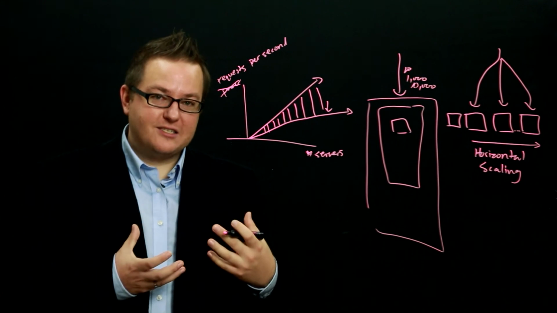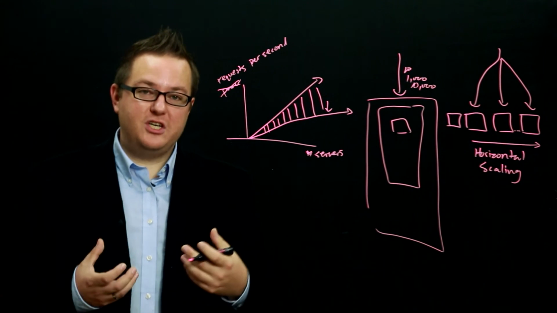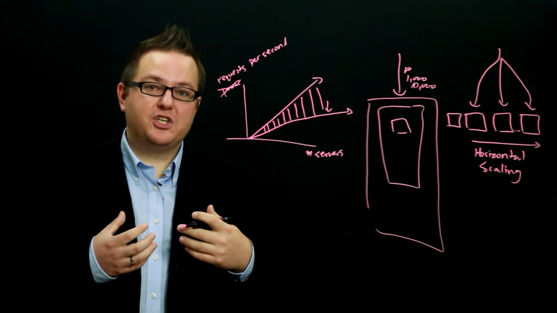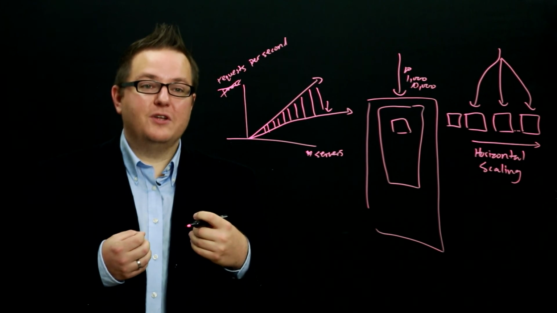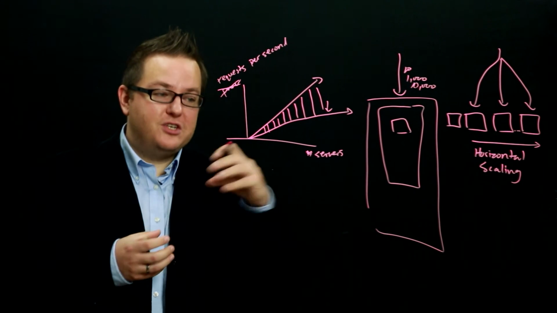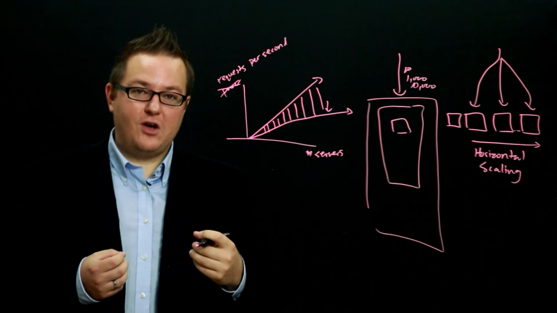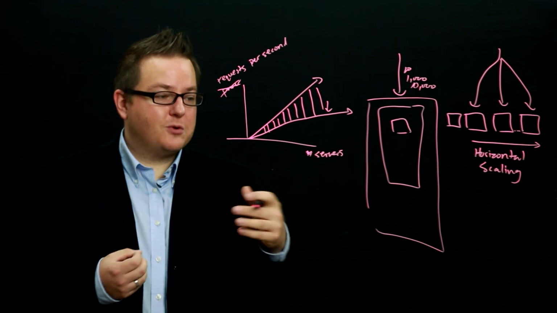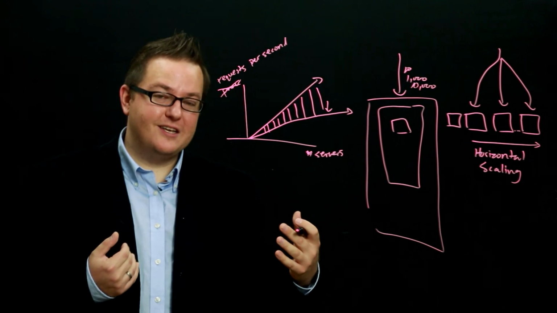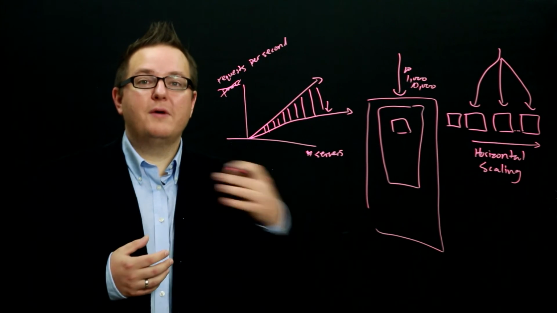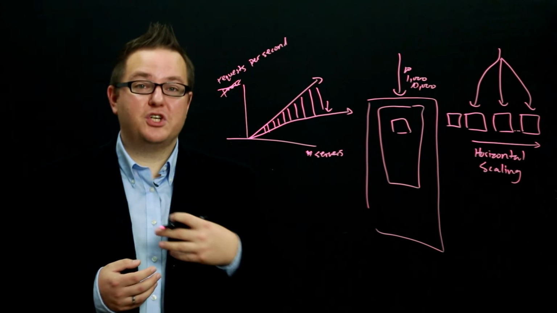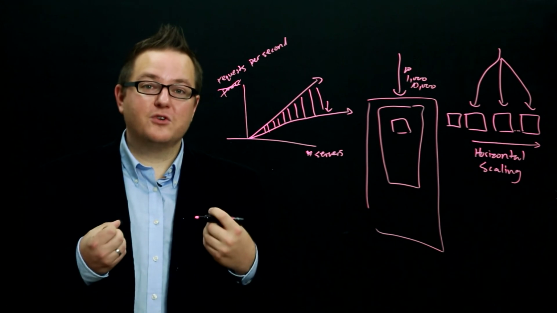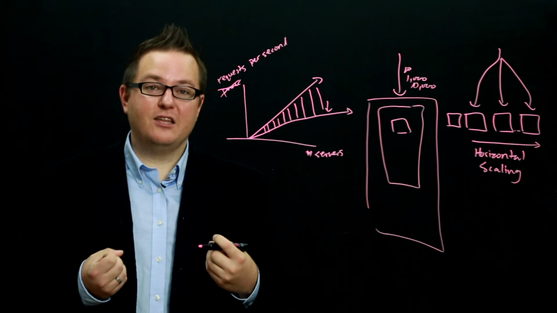So statelessness is a property that we try to achieve in our application. We try to have as much of the state as possible not stored in our application so that we can just turn new machines on. But that's not always the case and not always easy to do. We'd like our controllers to be able to process any request and not have to know about things that have gone on other machines somewhere else. So these are some of the considerations and what we're trying to do when we're building highly scalable applications.